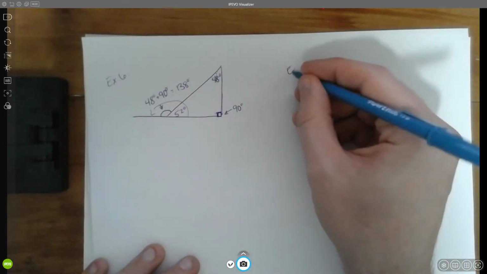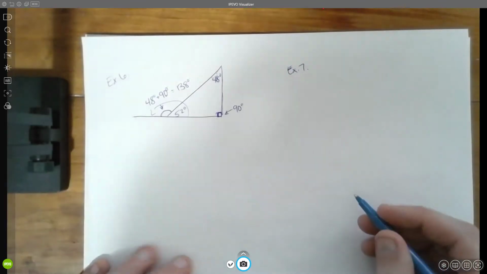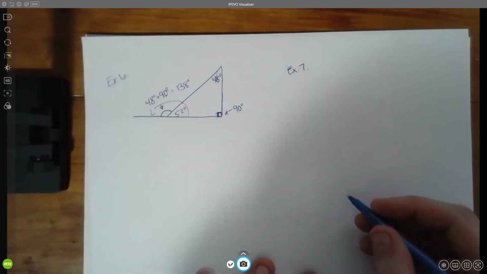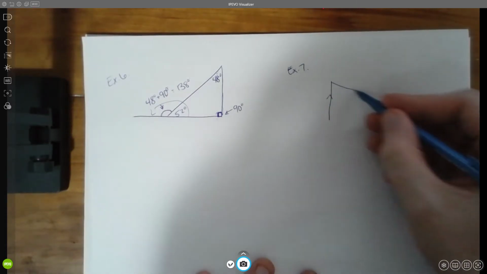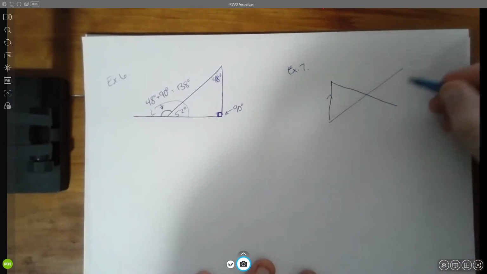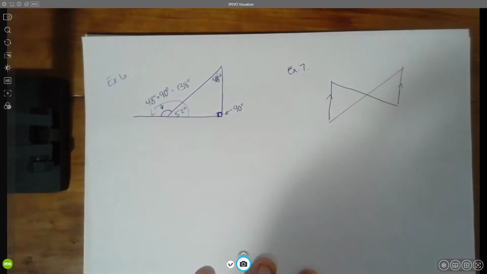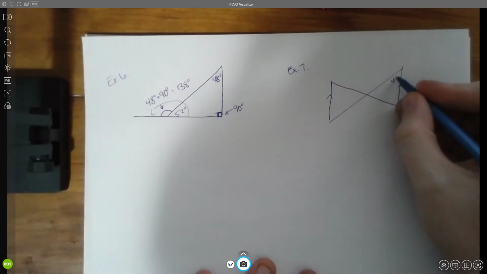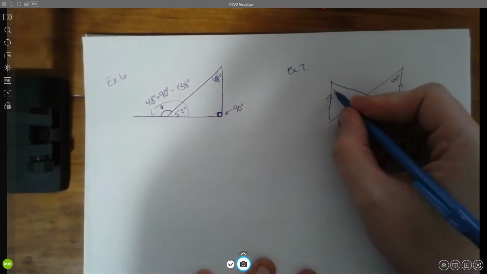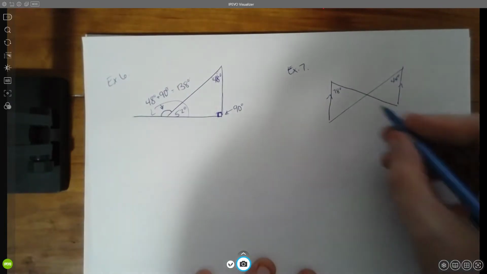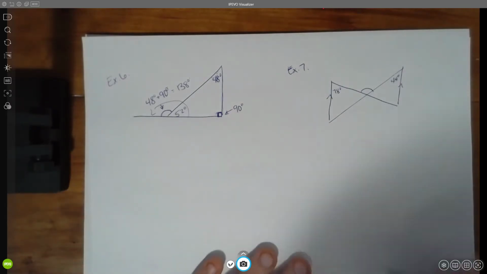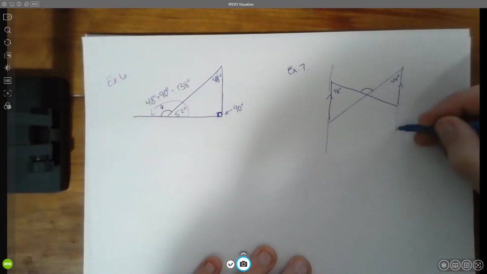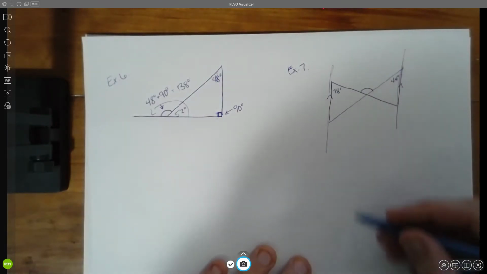Let's step through example 7. Example 7, we have a bit of a different setup here. We have a parallel line here, comes across, and we have a parallel line here as well. We have 44 degrees up here. We have 78 degrees up here. And we're asked to find this exterior angle. So for this exterior angle, it makes it a little bit trickier. However, if we extend these lines this way and this way, we actually do create for ourselves a little bit of